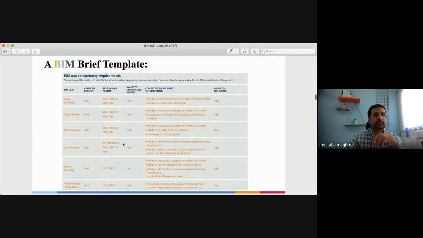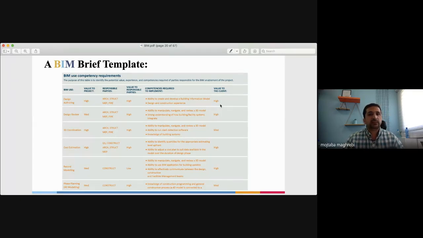But again, you can see that for the BIM use, when we have value, who is going to be responsible: architecture, structure, MEP, and fire. What the value is, what we are thinking is high. And competency requirements to implement: the ability to create and develop BIM models, and design and construction experience before the project starts.